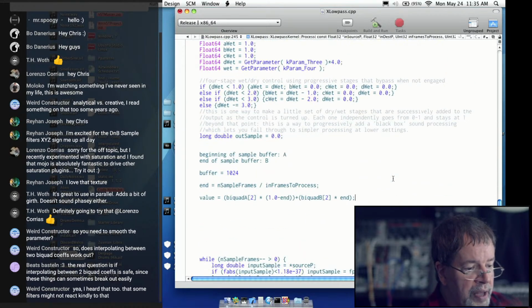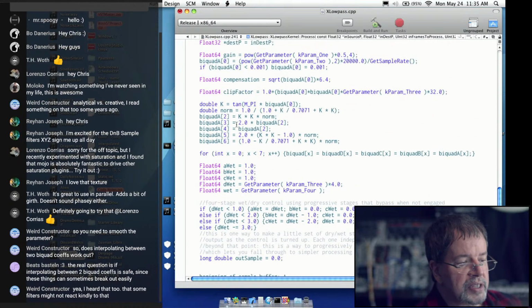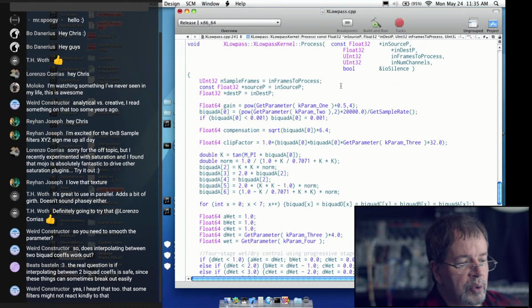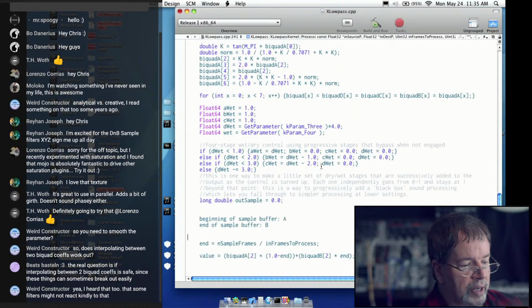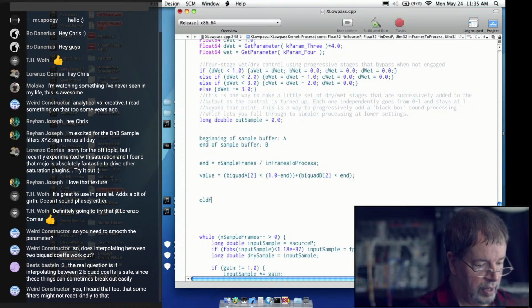So the trick with doing this, and we don't need to look at that anymore, is coming up with a way of making these calculations. And essentially what we're going to do is, see how we got biquad A 0, that's our frequency. We're going to do all of this. We're going to calculate all of this stuff out, and then we're going to say old